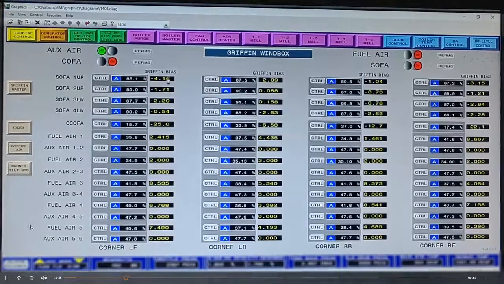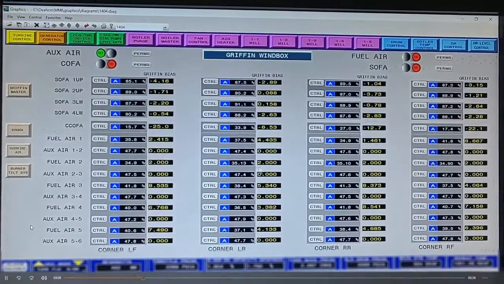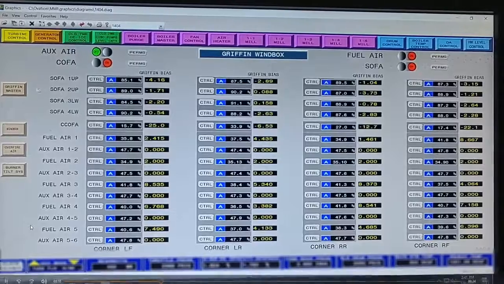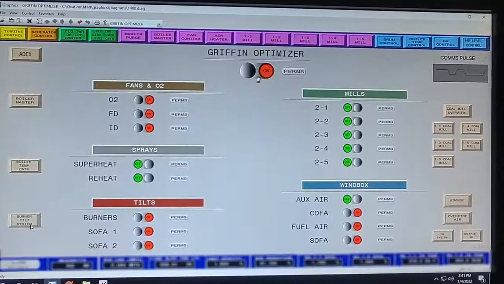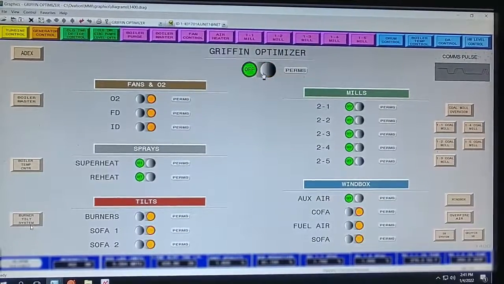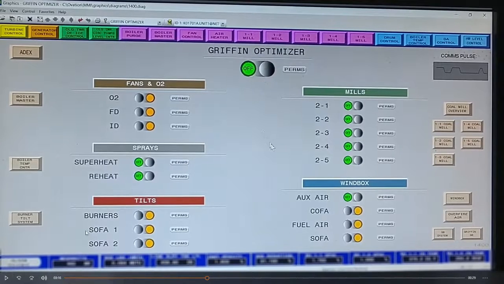If I go back now to the main screen and I switch off the main control, the main permission switch, you'll see that the other switches below, the subsystem switches, turn to orange. That's meaning that they had been enabled, but there is actually a permissive that's not allowing them to be fully active. That permissive in this case is the Griffin Optimizer main switch. So as soon as that off switch is clicked,